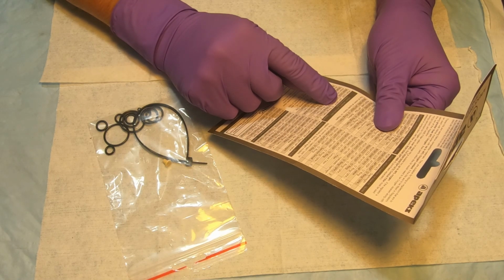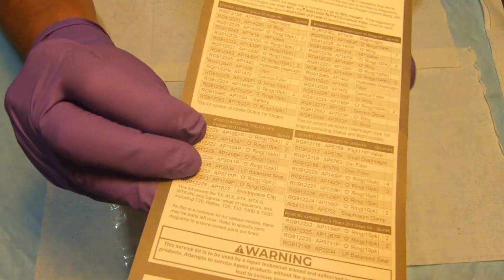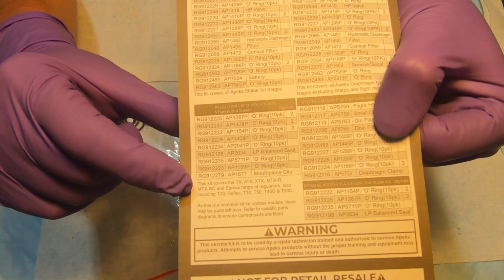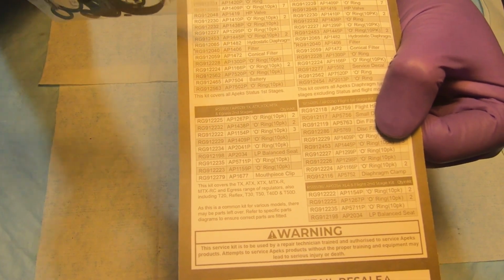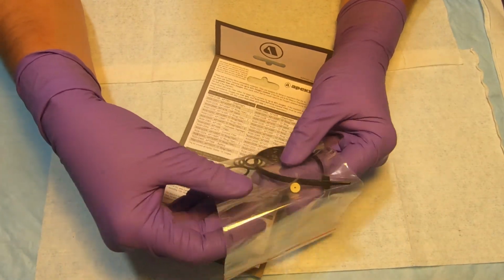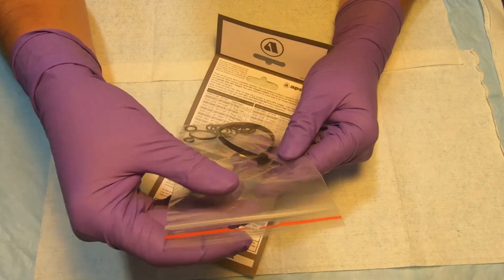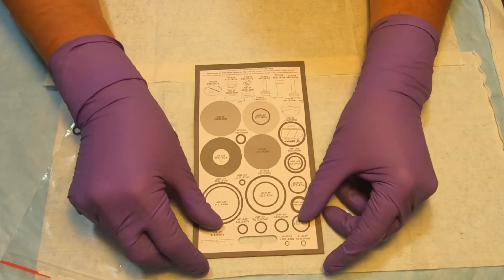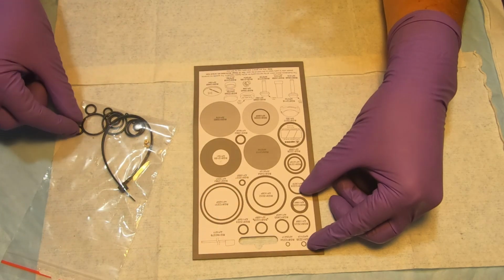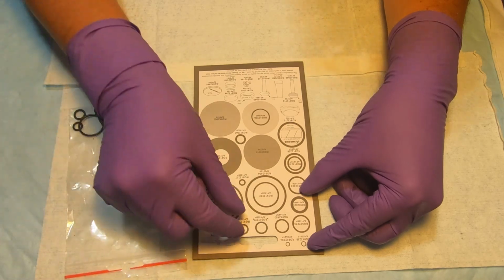and the part number for that kit is AP0219. So this one, and it has a list of all the parts that are inside of the kit. As you can see, there's no mouthpiece and no diaphragm, so just O-rings, low pressure seat, and a zip tie. Okay, so on the other side you'll see all of the part numbers and O-rings in a regional side, so you can match which O-ring you are taking from this bag. Okay, for example,